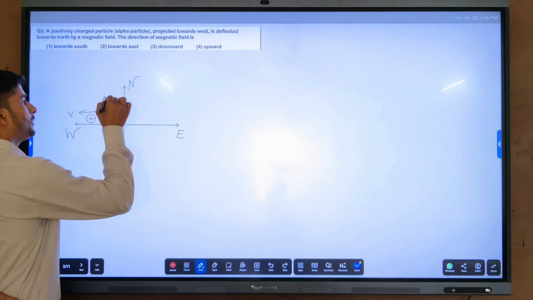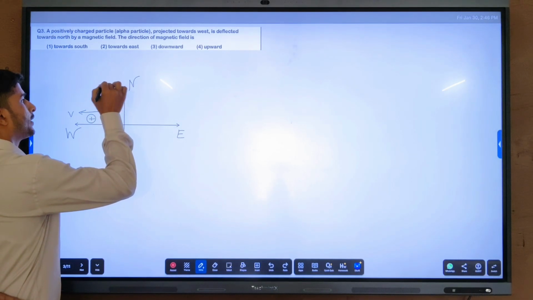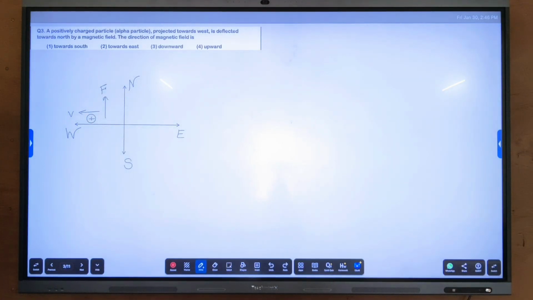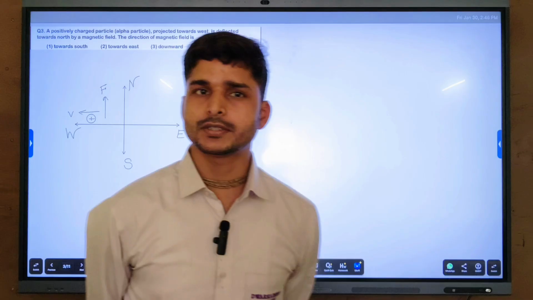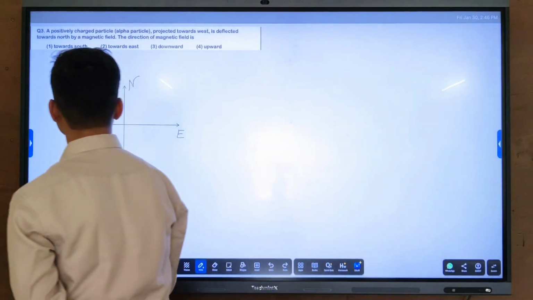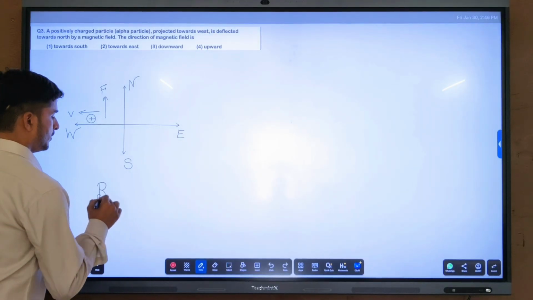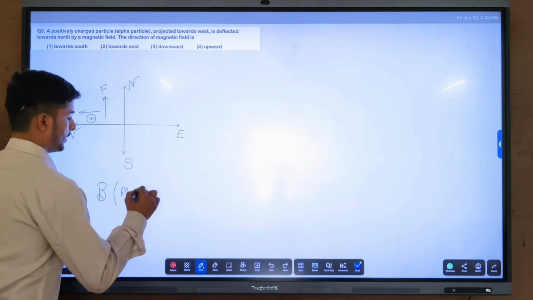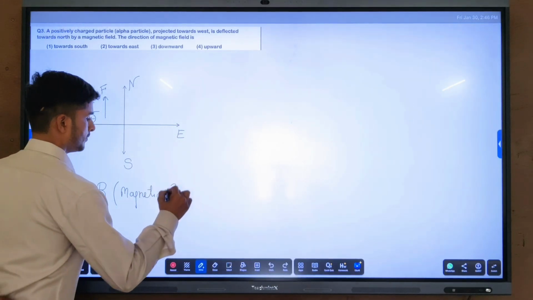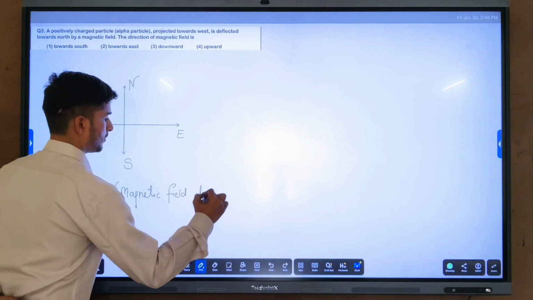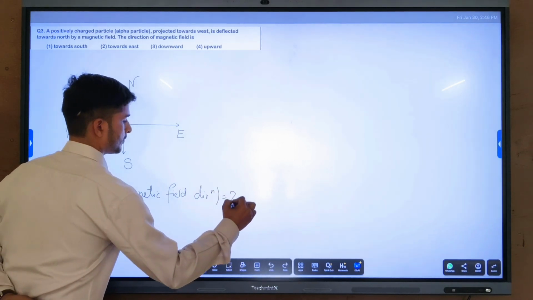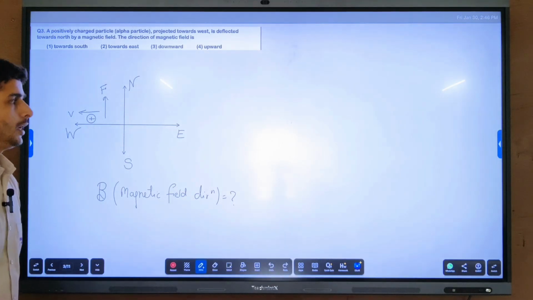नॉर्थ में डिफ्लेक्ट होने का मतलब क्या है? इसके ऊपर फोर्स लग रहा होगा नॉर्थ की डायरेक्शन में. So it is asking that what is the direction of magnetic field? So magnetic field का डायरेक्शन क्या होगा? मैग्नेटिक फील्ड का डायरेक्शन क्या होगा? हमने अभी देखा